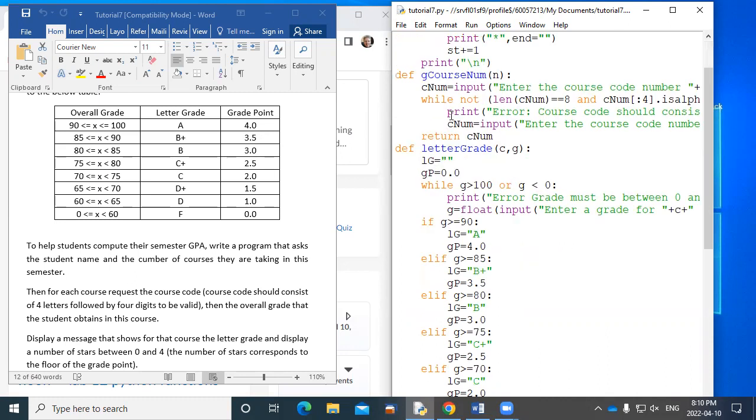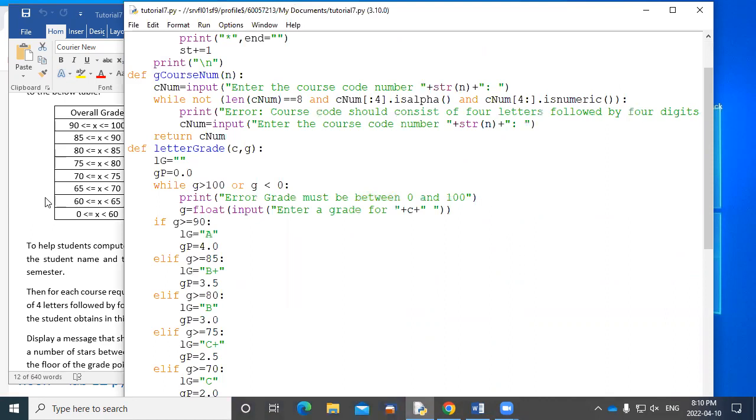The next bit of code that I would do, and as I said, I really don't have enough time to write all of this for you. It would take some time, but I want to explain it so that you can do it. The next thing I would do is say, okay, so we know that the course number has to meet certain requirements. It has to be 8 characters long. The first 4 characters have to be alphabet. The last 4 characters have to be numbers. And so that's what we've done here.